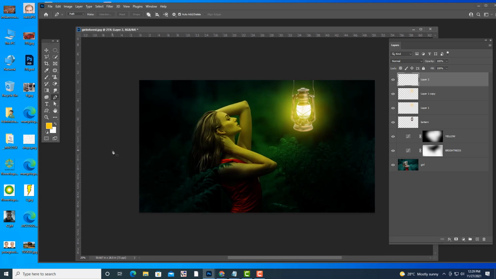We are going to create just a conical shape, something like this.